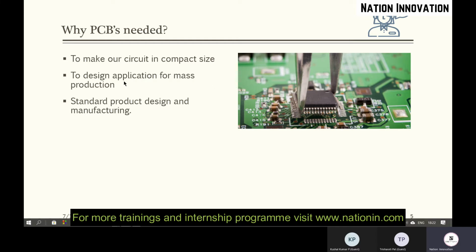But in case of PCBs, it is only one-time designing, and you can get as many circuits as you want. Then standard product design and manufacturing: whatever rules are followed in PCB designing are standard ones, so the efficiency is very high and you will get a proper designed circuit.